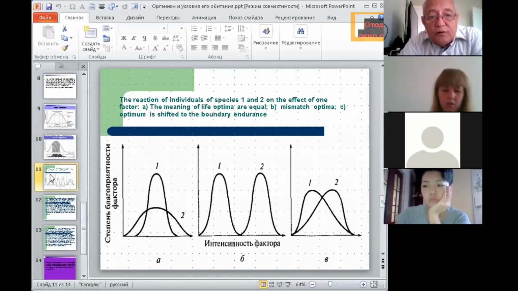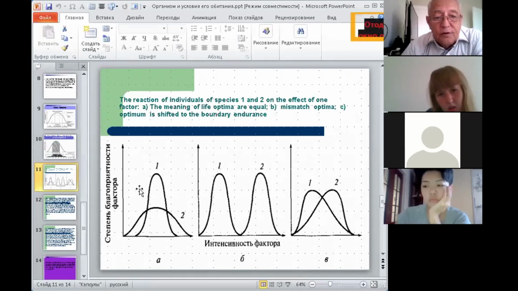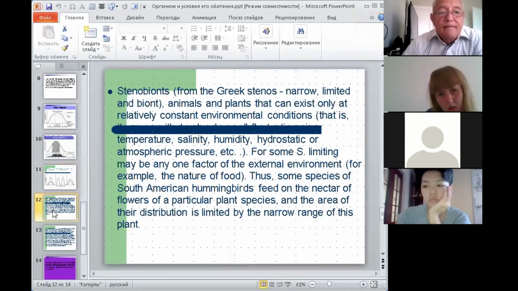The reaction of individuals of species 1 and 2 to the effect of one factor. A. The life optima are equal. B. Mismatch of optima. C. Optimum is shifted to the boundary of endurance. Stenobionts, from the Greek stenos, narrow, limited, and